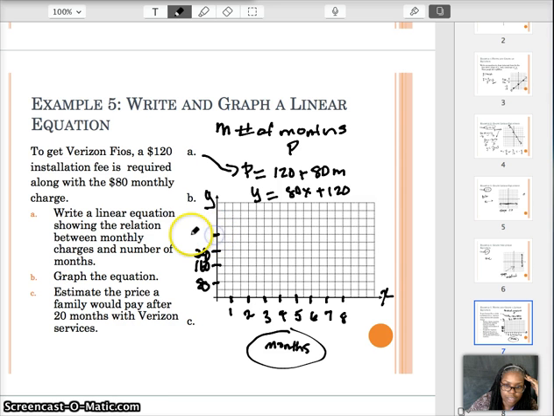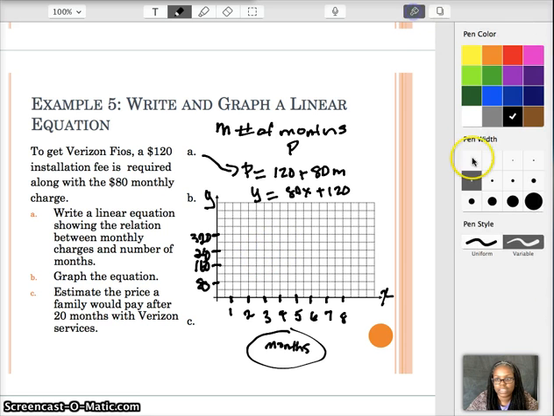This guy will be 320, and that's how we'll roll. So now as I think about this, what I'd like to do is consider what the graph of this equation would look like. Well, my y-intercept is 120. Where is 120? If this is 40 and this is 80 and this is 160, this right here has to be 120. So 120 is how much I pay before I even have a month of service, right? So that's my installation fee. And then after that, I'm going to add $80